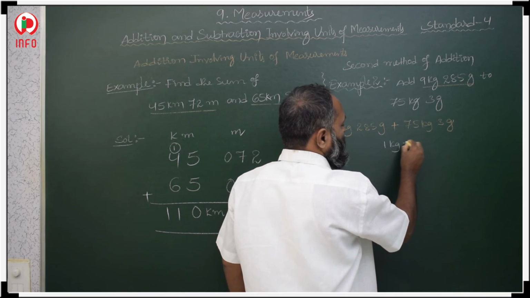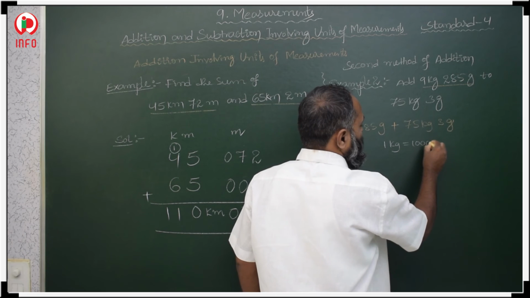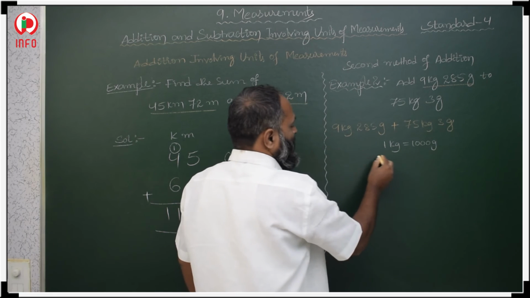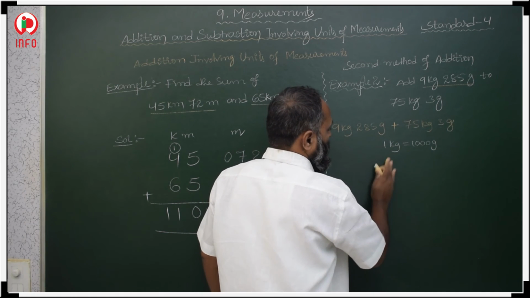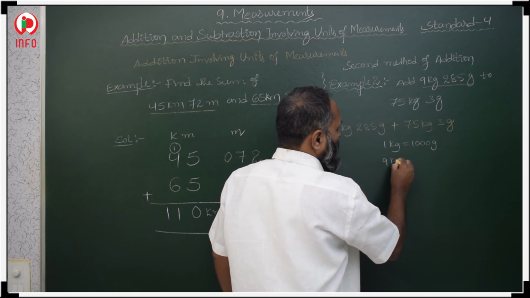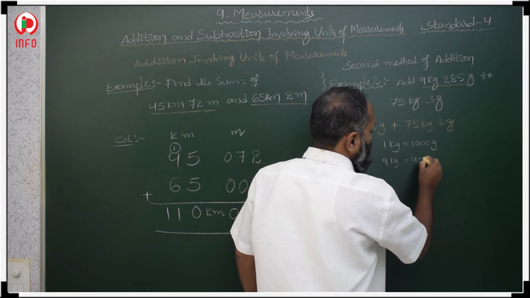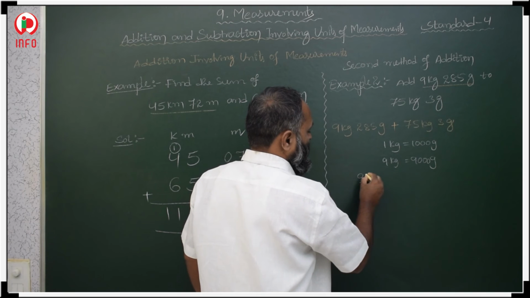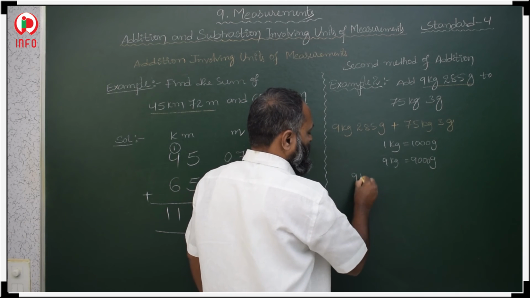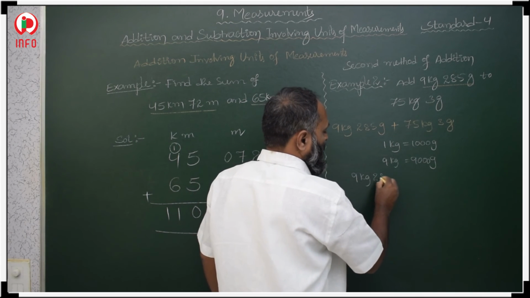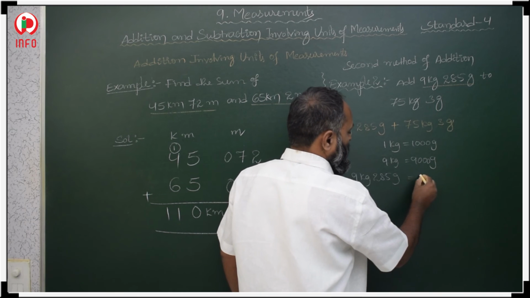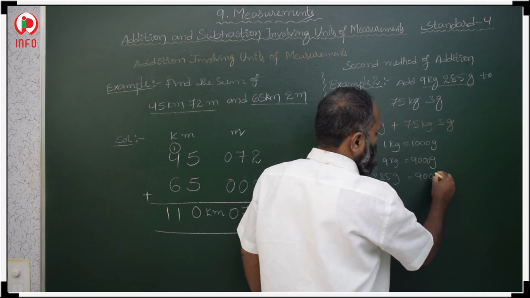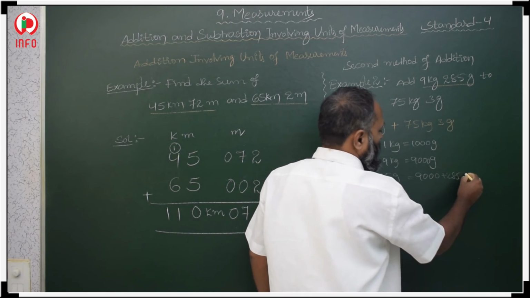Then 9 kg is how many grams? 9000 grams. Then 9 kg 285 grams is equal to 9000 plus 285,